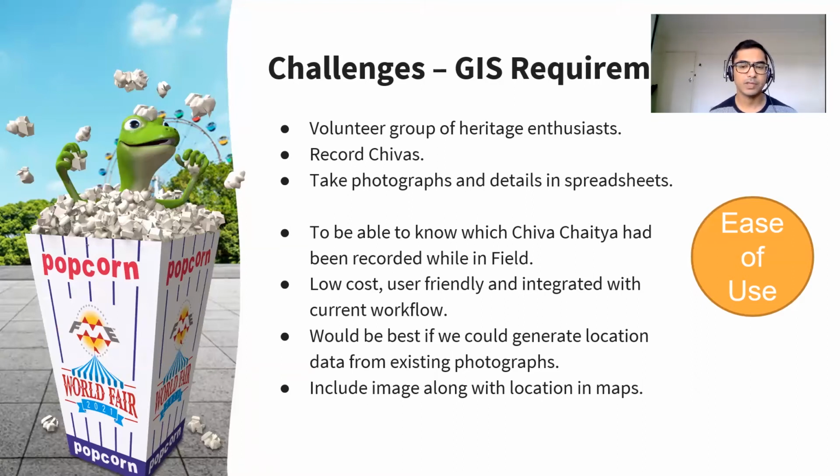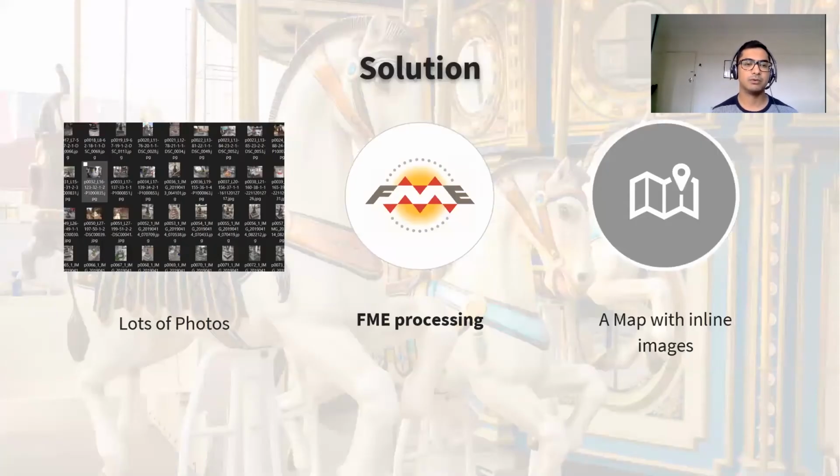So we realized a map was required, and it would be best if we could generate the location data required for the map from existing photographs. The requirement was it had to be low cost because we were all working as volunteers, and it had to be very user friendly and integrated with the current workflow. So we had lots and lots of photographs, and we needed a map that can be used